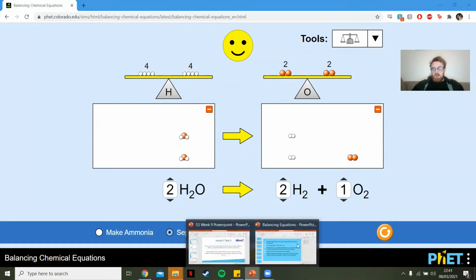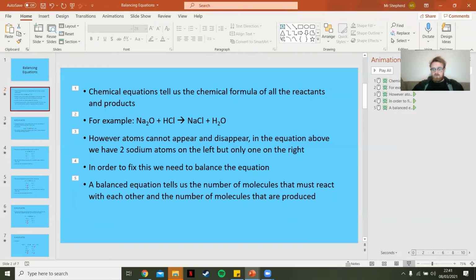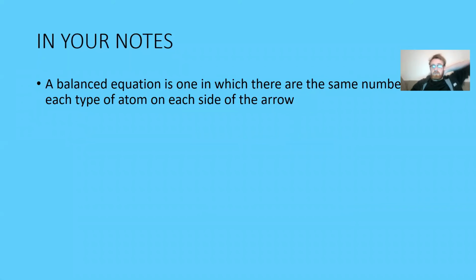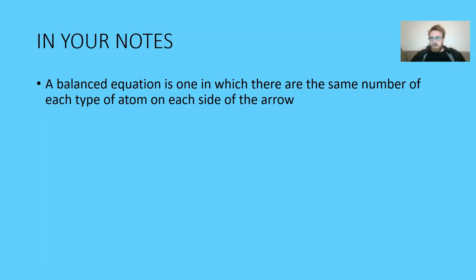Okay, so let's go back to our notes. So in your notes, can you write this down? So a balanced equation is one in which there are the same number of each type of atom on each side of the arrow. For example,